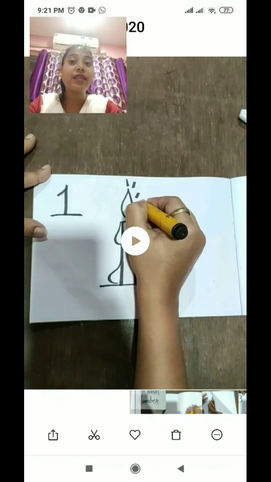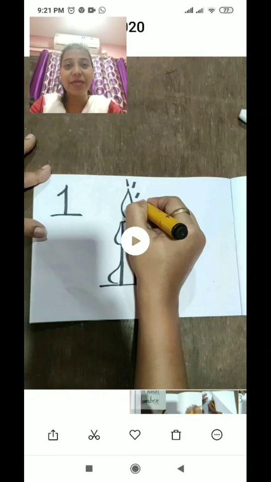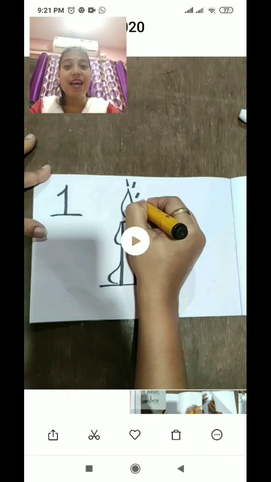Today I will teach you drawing. In the drawing, today we will learn with the numbers. So with the fun with the numbers, we'll play with the numbers. From the numbers we'll make different creative drawings. I hope you all will enjoy this. So let's start here, how to do.